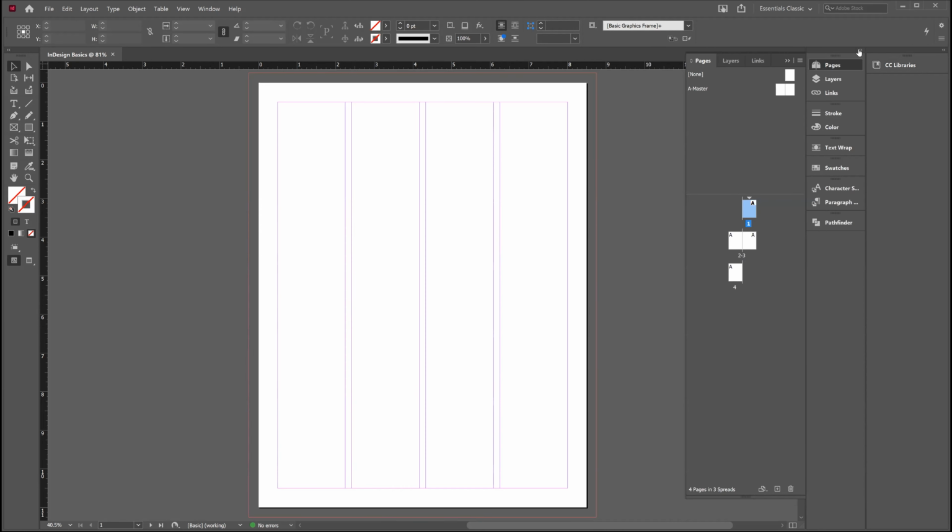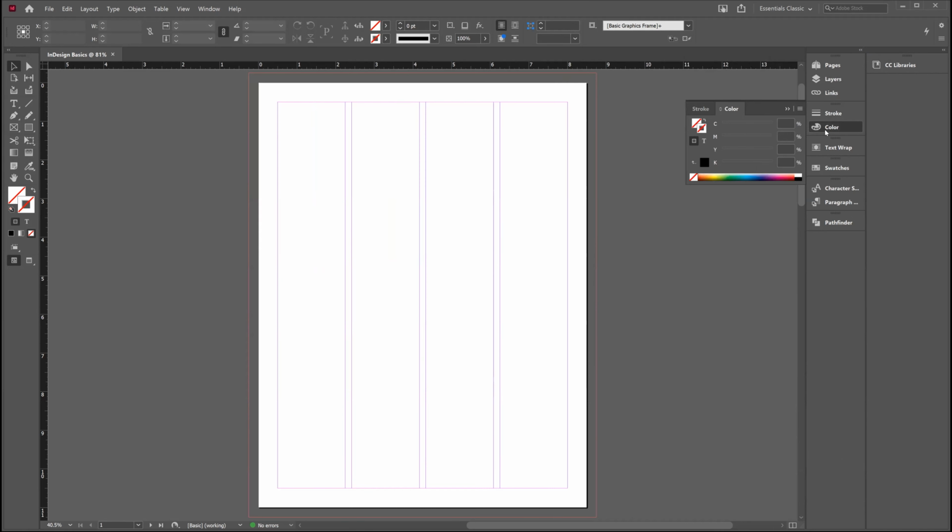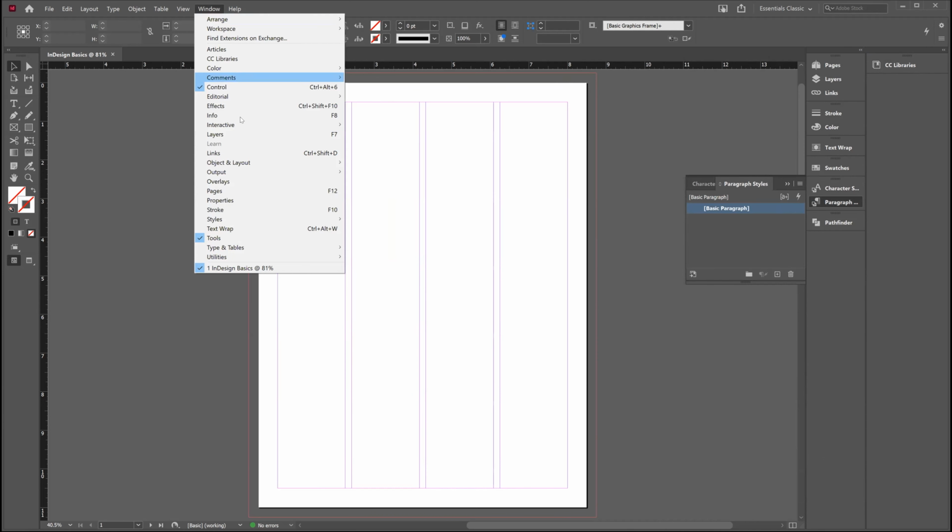But now for your standard panels, you have your pages panel, which again controls the pages as well as the master pages up here. You have the layers, you have the links, you have stroke, color, text wrap, swatches, character styles, and paragraph styles. So when it comes to these panels, it's always good to have these basic ones open. You can always go to Window, and you can always add more, but these are the basic ones you're generally